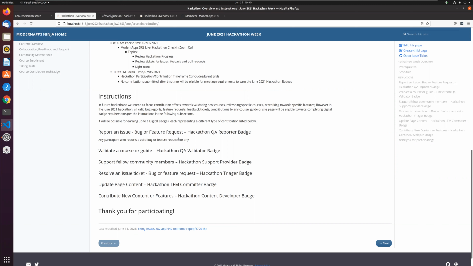So if you update page content, you will submit a pull request for that commitment. Put in the link to the pull request when you are requesting that badge. Again, requesting the badge is very, very simple, just like when you enroll in a course: you just post a file, you put in the link to the thing that you did, and that's it. And then the badge will be automatically provisioned for you, and it'll be posted to your member site